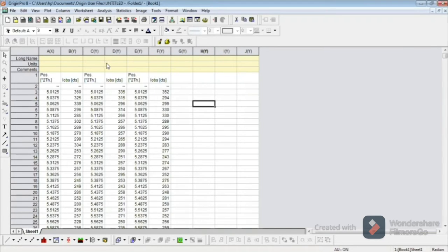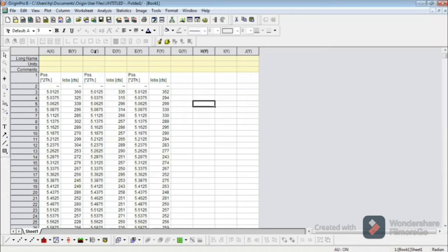Now here is one thing very important. Please keep in mind that this column is assigned as the x-axis, and the second column is assigned as the y-axis. So you know this is x and y, and we can draw the graph very accurately from this. But the third column C is labeled y, when it should be x, because the position is always along the x-axis. So this column should be assigned as the x-axis.